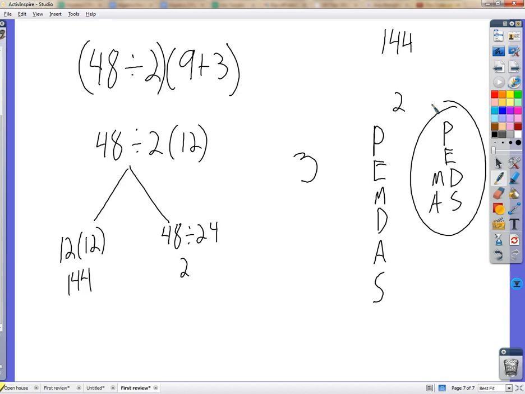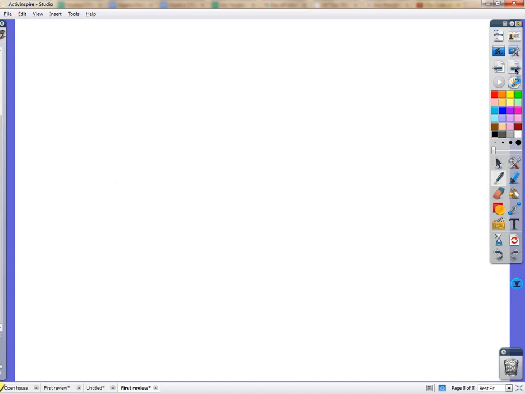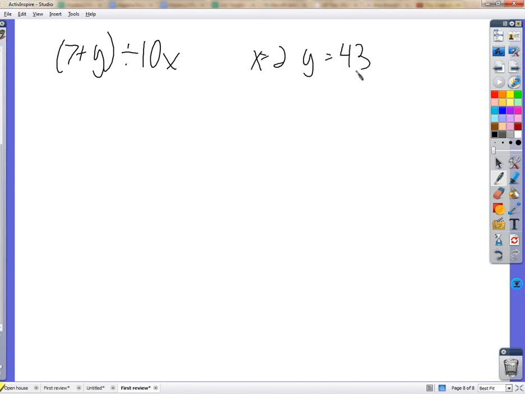But if you look on your test, number 13, we've got one more minute, maybe two. Look at number 13 or 14. I put a purposefully ambiguous question in there. Let's look at 14. 7 plus y divided by 10x when x is 2 and y is 43. Now,